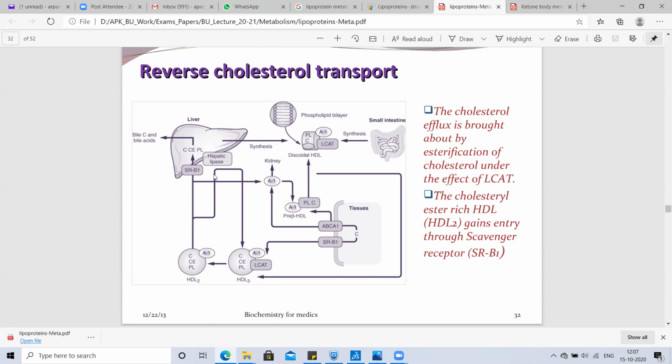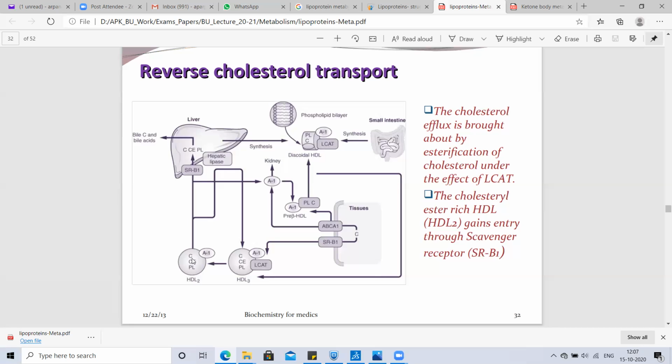Okay, this HDL2 enters into the liver through the SRB1 receptor, and here it gets its components, like cholesterol ester and phospholipid, which are utilized for the production of bile and bile acids,